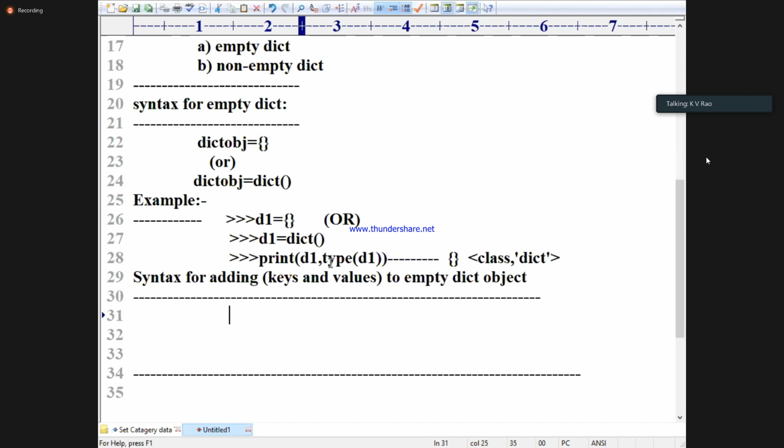Tell me how to add it. I am talking about syntax. Dict obj of key name 1 is equal to value 1.